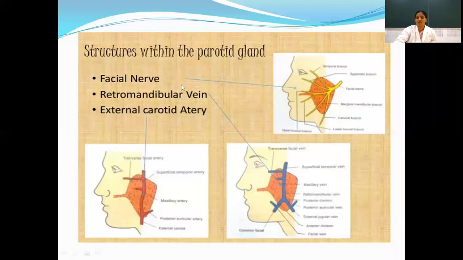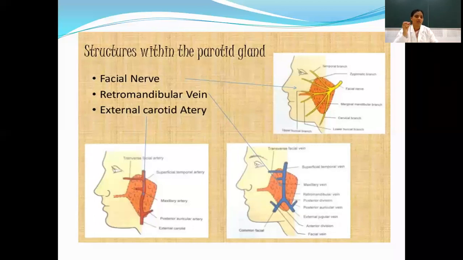So what does this facial nerve give? The facial nerve is a nerve of the second branchial arch, and it is a motor nerve. So it provides muscular branches to the muscles derived from the second branchial arch, which includes, in the scalp as I already told, temporoparietalis and occipitofrontalis. Then on the face, the muscles of facial expression are all supplied by this facial nerve only. And the cervical branch extends down here and supplies the platysma.